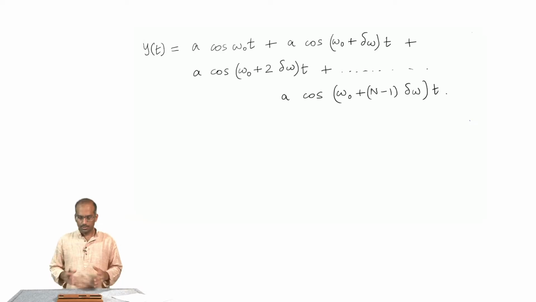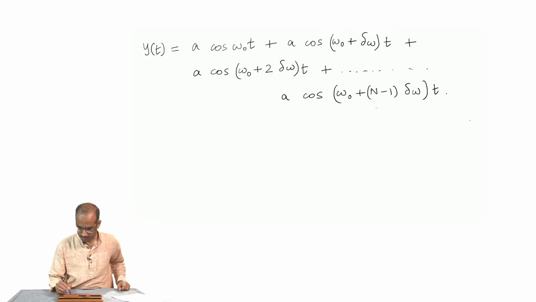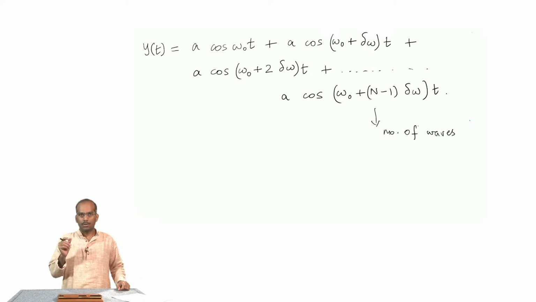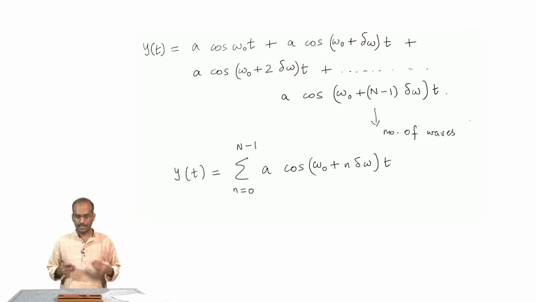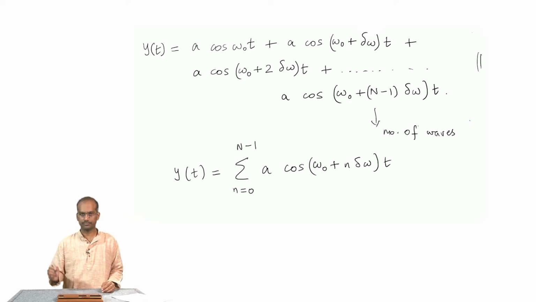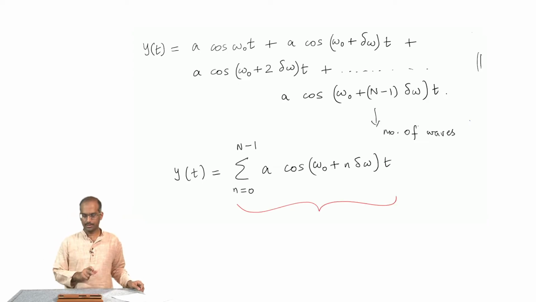Let us start by writing down a series of waves whose frequencies are slightly different from one another. It is a group of waves, and here I have suppressed the space part because we are not interested in that immediately. Capital N is the number of waves that are superposed, and delta omega is the small change in frequency from omega 0. If you expand this, you will get this expression, and keep in mind that small n is just a running variable. Fortunately, it can be summed.